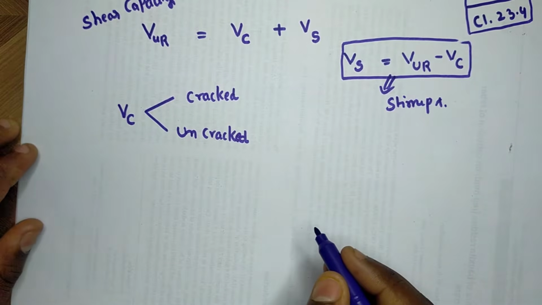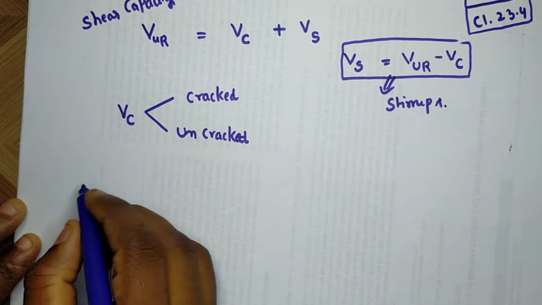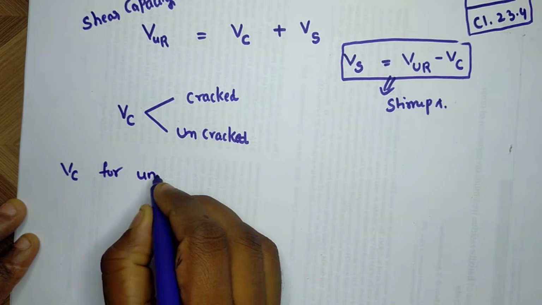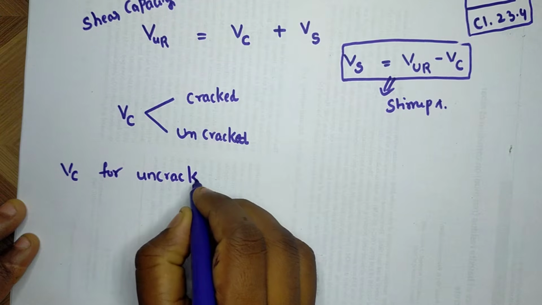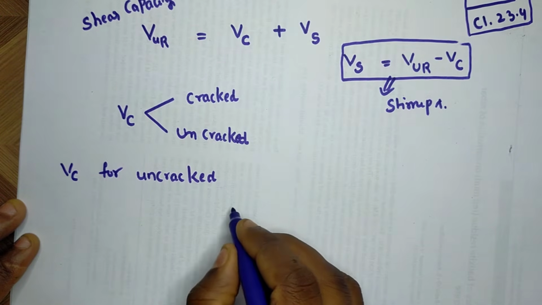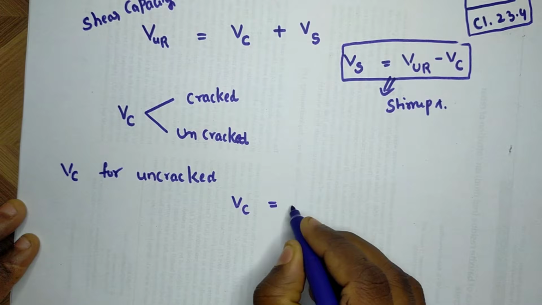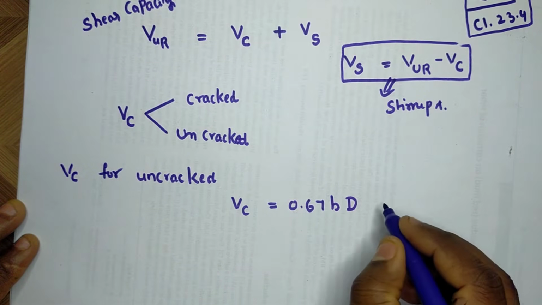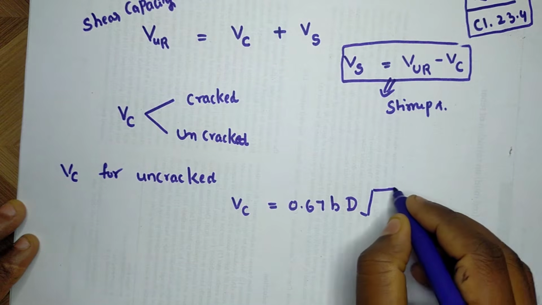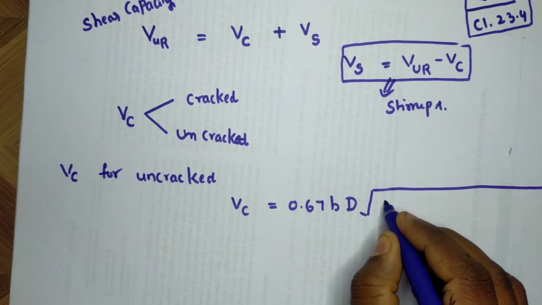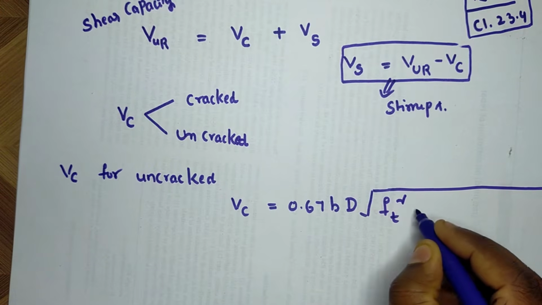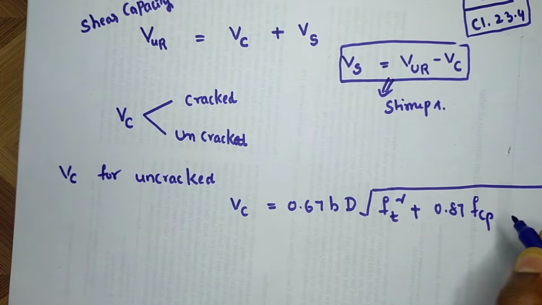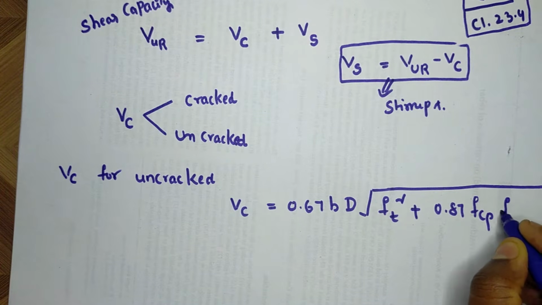If we consider Vc for the uncracked section, the formula will be Vc is equal to 0.67 b D multiplied by the square root of ft square plus 0.87 fcp times ft,